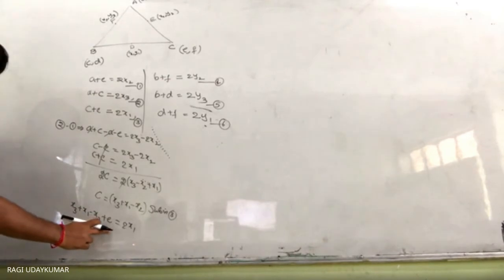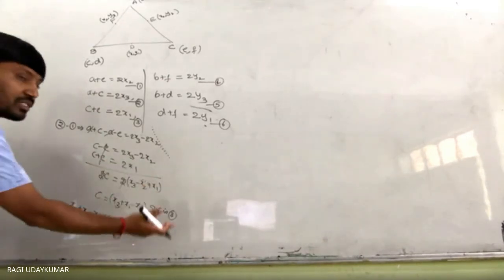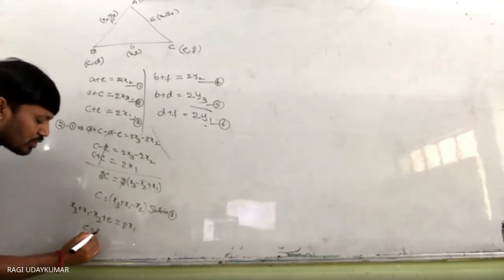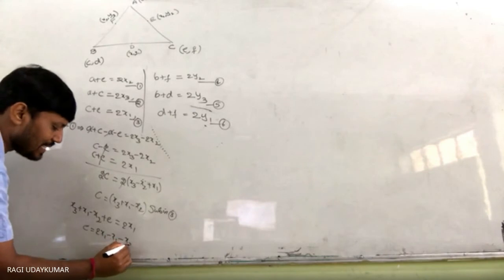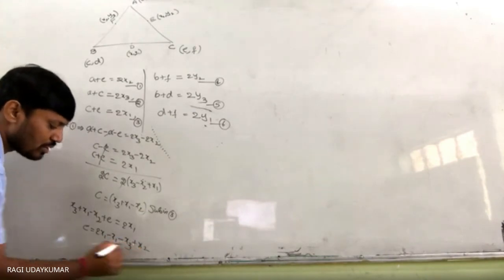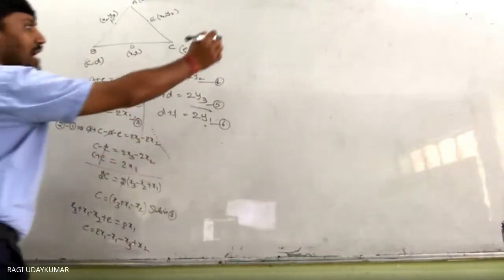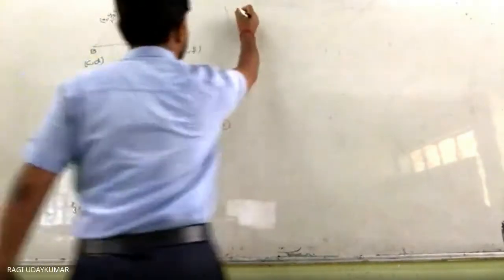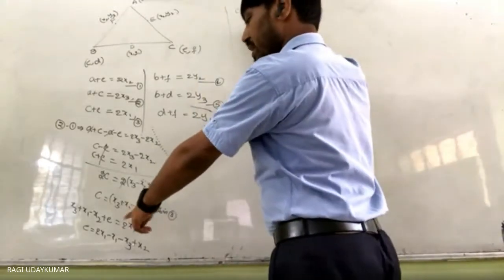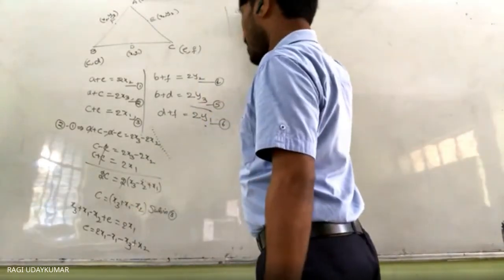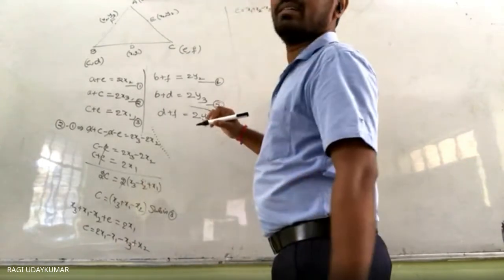E value we need. e equals to. So now take all the other terms to the other side. So e is equals to 2x1 minus x1 minus x3 plus x2. So from this you are going to get it. I'll write here. E is equals to x1 plus x2 minus x3.